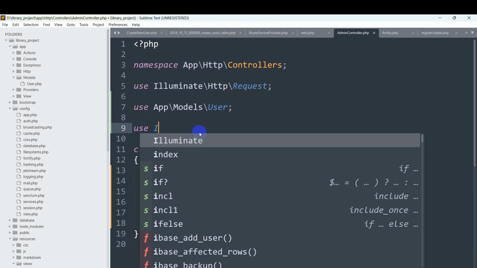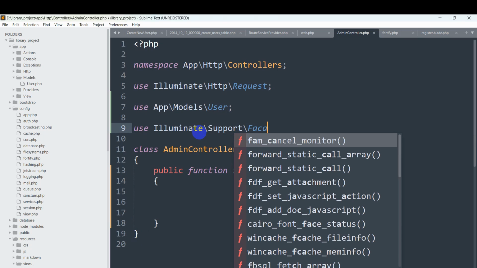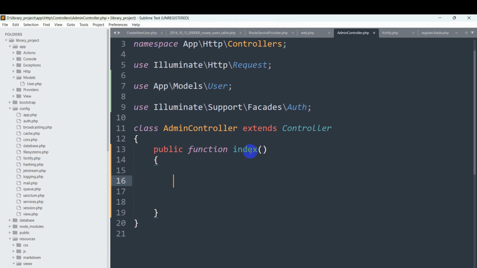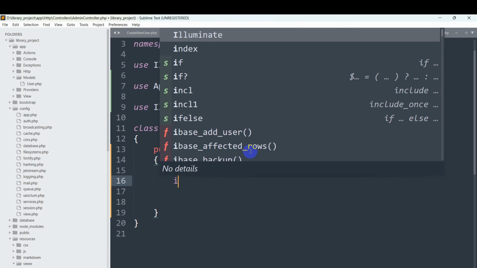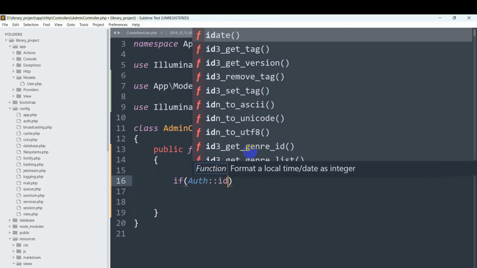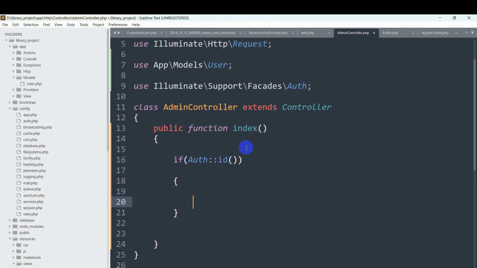So we say here use Illuminate\Support\Facades\Auth. So right now using the user table and this Auth, we'll be able to check whether a user is logged in or not. So in this public function index, first we'll check whether a user is logged in or not. So for it we'll give an if condition, if Auth::id, first bracket, then second bracket over here like this. So this Auth, here you can see Auth, this Auth will check whether a user is